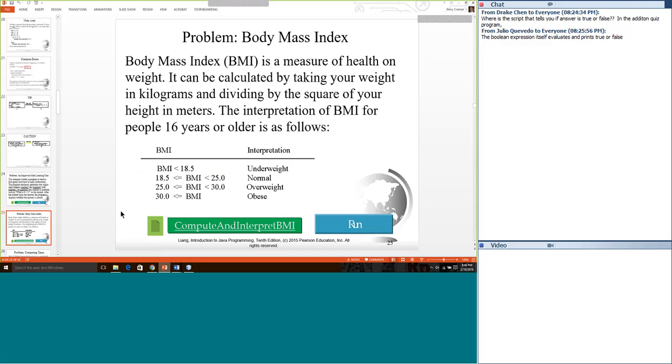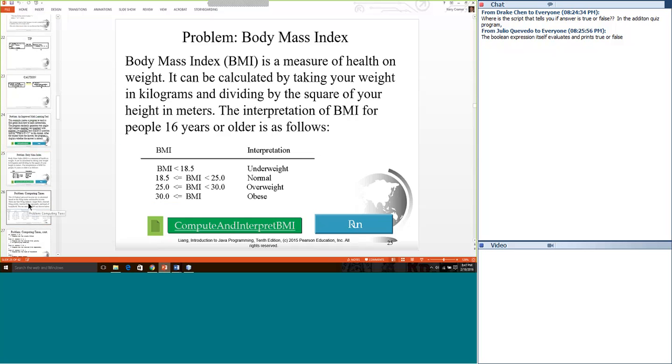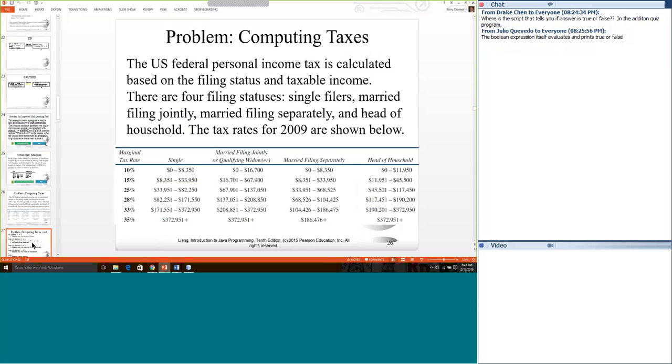I'm going to skip over this body mass index example, but I think everybody understands how that works. Everybody's got a body mass index, and it's calculated from your height and your weight and a bunch of other factors. If your BMI is less than 18, you're underweight. If it's 18 to 25, you're normal. 25 to 30 is overweight, and if the BMI is greater than 30, then you're obese. I'll have you take a look at that because it's too lengthy to go through on a webinar. As is this tax example, I'm not going to go through that either.